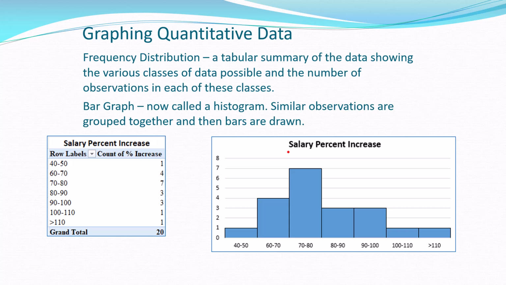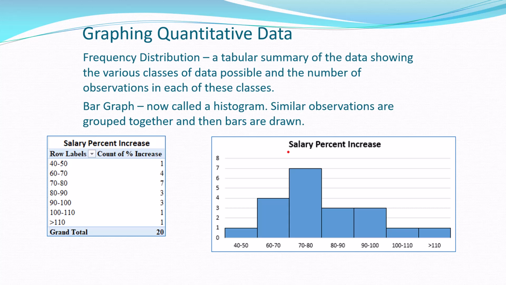In this particular example, this data set talks about best paying college degrees, and 20 different college degrees were listed in this particular data set. The percent increase in salary from last year to this year, and whatever year it was collected. And it was taking a look at the percent increase. And so you see there was one observation that had between a 40 and a 50% increase in the salary. Okay, so these are the best paying college degrees. There were 7 observations or 7 degrees that had a 70 to 80% increase in the salary year over year